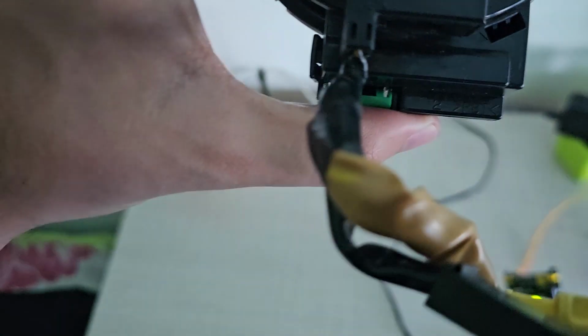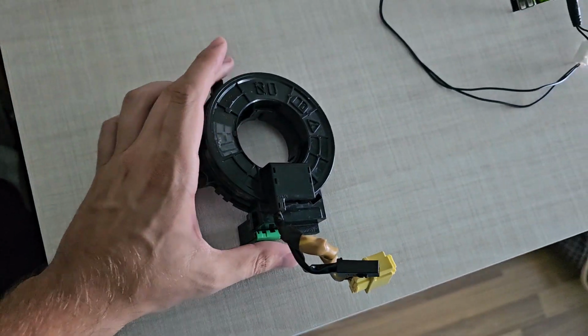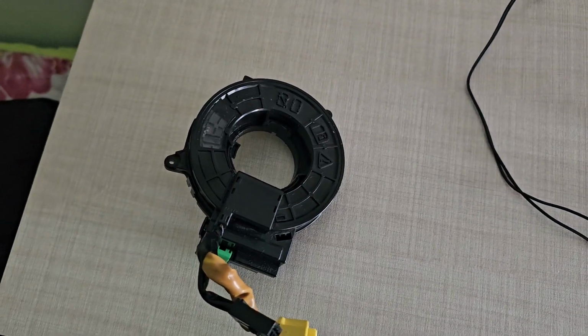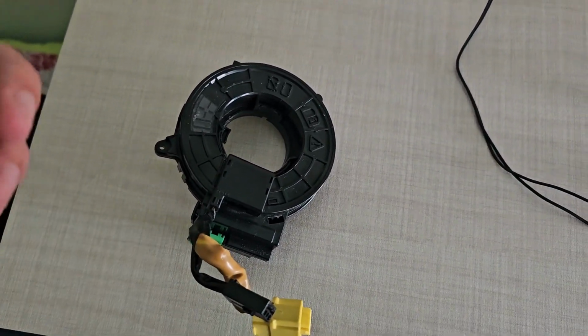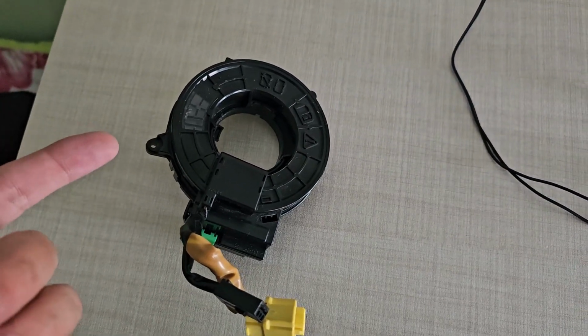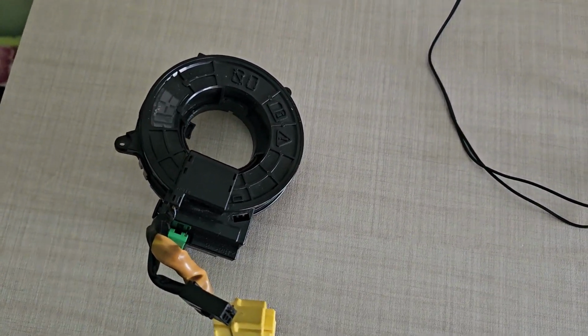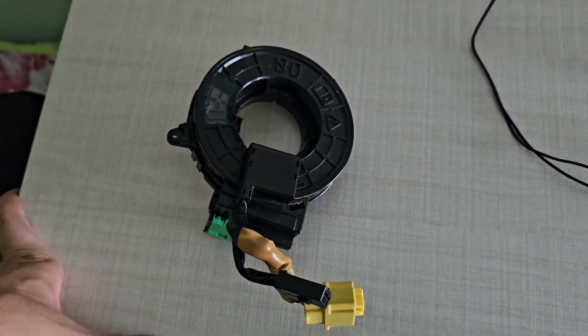Now when this is centered, we can see that we have this light thing. If I rotate it, I kind of lose it. So to me it looks correct. I will have to install it on the car now to test if it works. Unfortunately, to do that, I will have to remove the Momo steering wheel and add the OEM one, without the airbag, of course, just to see if it works. I'll drive around to see if